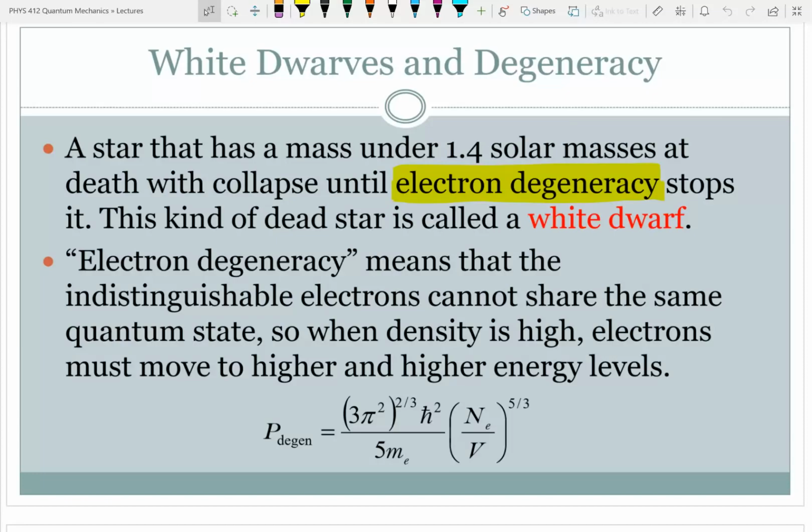So they have to start piling up. Now you think about this, a free electron has any energy possible, right? Free electrons aren't quantized, but as soon as you have it bound, and in the star it's bound by gravity, then you have quantum energy levels. And so these electrons have to start stacking up to higher and higher energy levels. And so what you have is